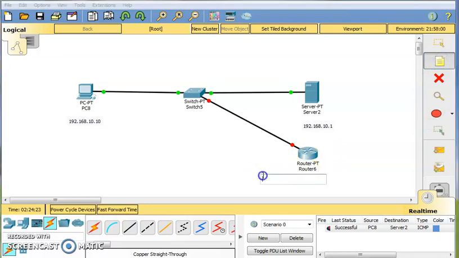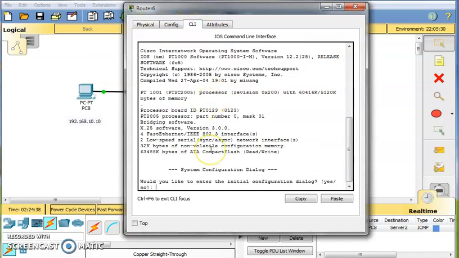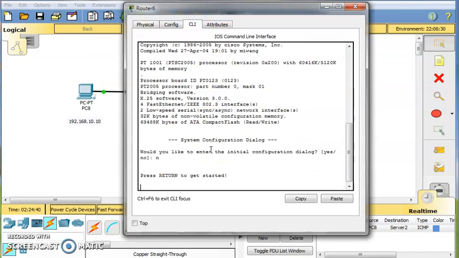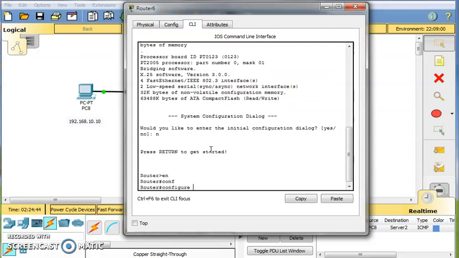This address is 192.168.10.2. So this is the IP address I am going to configure. Command mode, enable, config terminal.